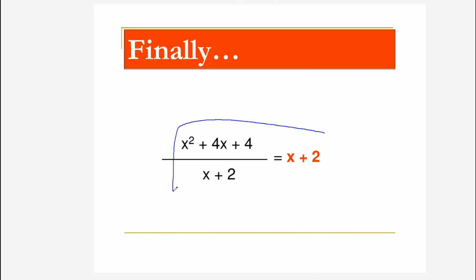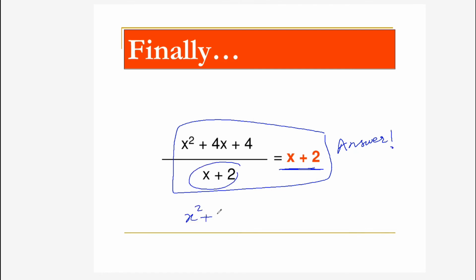Finally, x plus 2 is the answer for this polynomial division question. When you take the divisor to the other side, the equation can be x plus 2 times x plus 2 plus 0, because 0 was the remainder. So this is how we will do the long division of polynomials. I hope you understand the introduction, the example I have shown today.